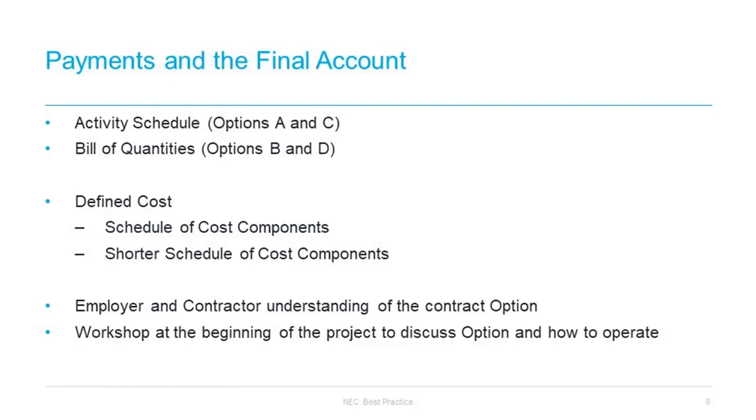Now, we would suggest that if you are working with an existing and established client that you know are familiar with these contracts and how to operate them, then generally you'll have quite a lot of confidence that things should operate well. However, if not, it's not a bad thing for a contractor to be making an employer aware of how the contract operates at the beginning of the contract, even the simplicity as to whether things are remeasurable or not. It's much better for a contractor to flag those sorts of aspects at the start, so that an employer is aware of